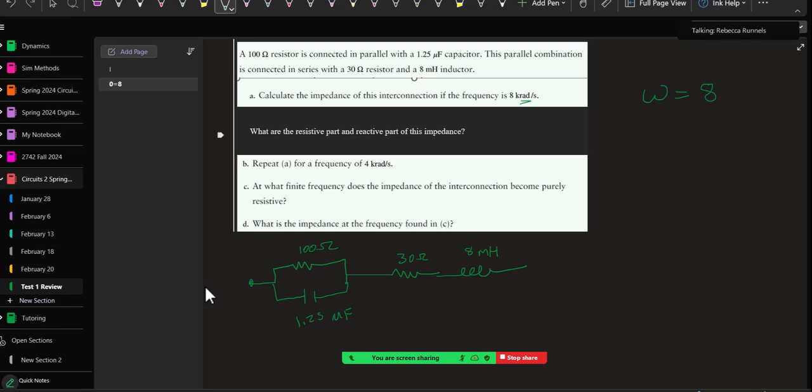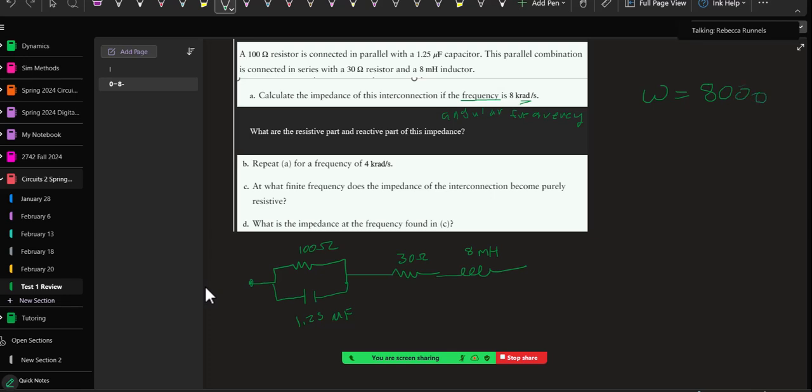I suspect that on your test, he'll be real clear and either say frequency, angular frequency, or omega, and not try to mess you up by saying the frequency and then giving it to you in radians. But this is telling us it's the angular frequency, and it's 8 kiloradians per second,